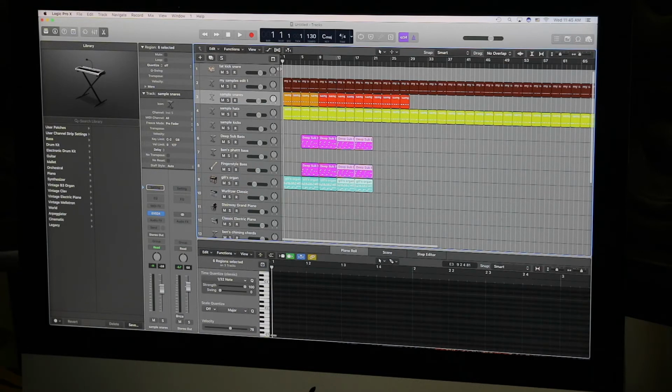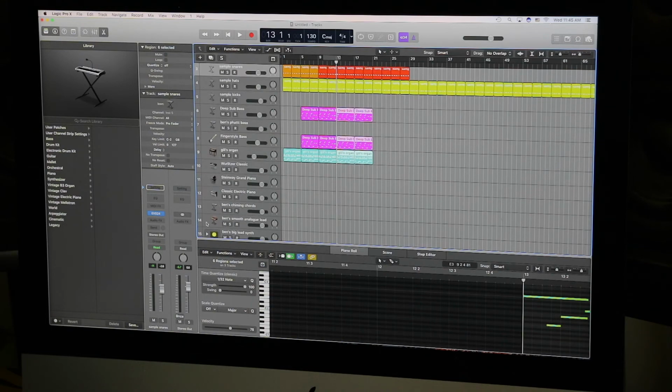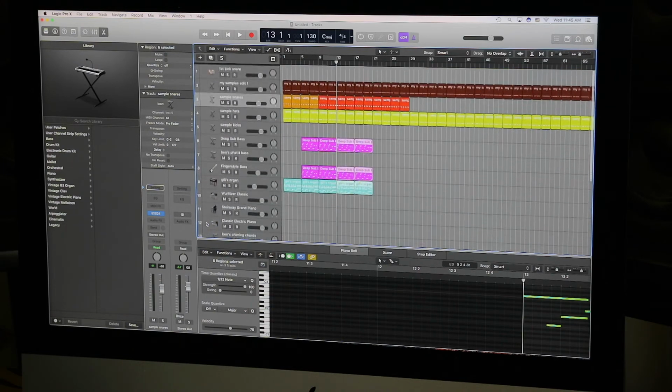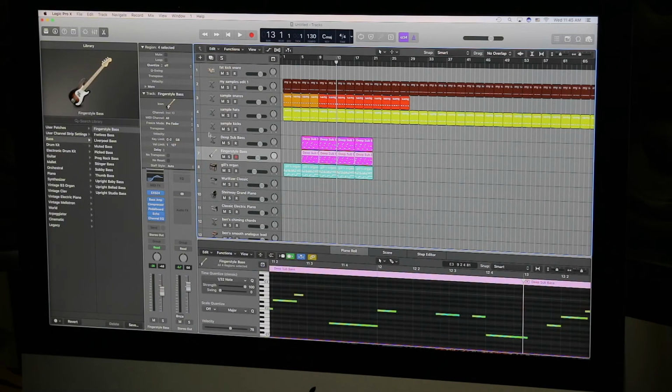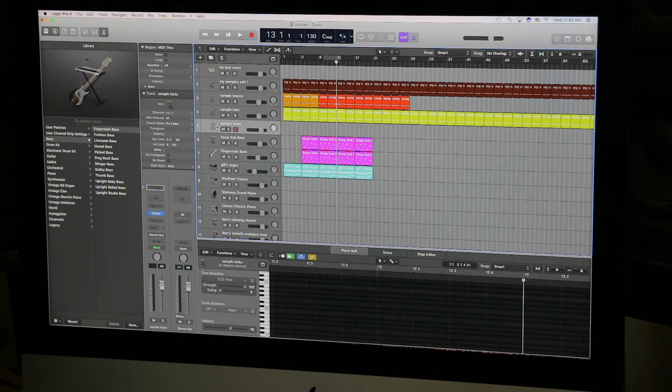Okay, so you have basically intro, no bass, then the bass comes in, you get a groove going, and then the snare comes in, it's even more grooving. And just building up. So what kind of thing do we need here? We need some sort of awesome pad. Let's get rid of this bass because we don't need it. Let's get rid of these. Maybe we'll need another kick at another point, so let's leave that in there.